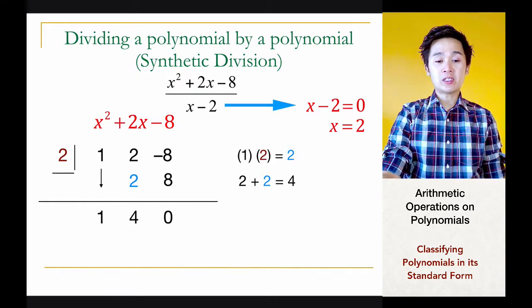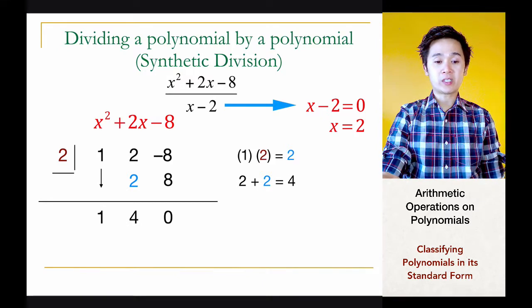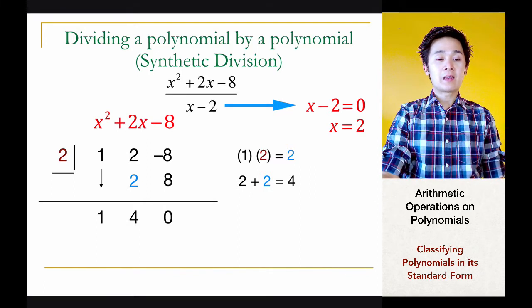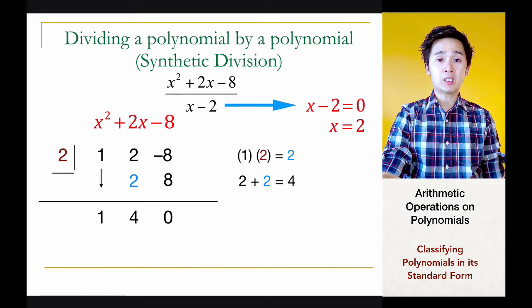As you will notice, we have 1, 4, 0 as our quotient in synthetic division, which is not yet looking like a polynomial. To change it into a polynomial, the rule is: take the highest exponent of your numerator and subtract 1 from it, and that will be the highest exponent of your quotient. The highest exponent of our dividend, or our numerator, is x squared. That means in our quotient, the highest exponent will start at 1. So we'll have 1x to the 1, 4x to the 0,